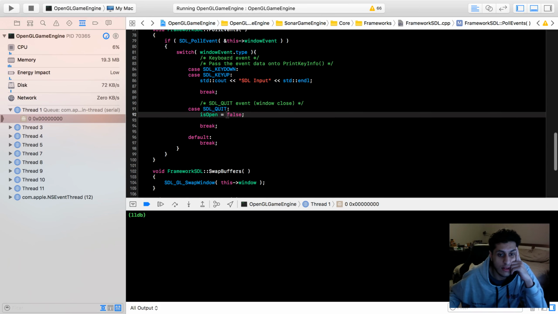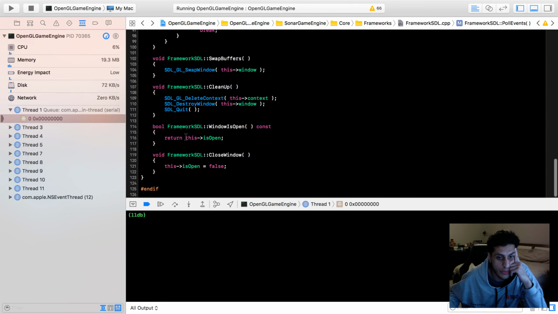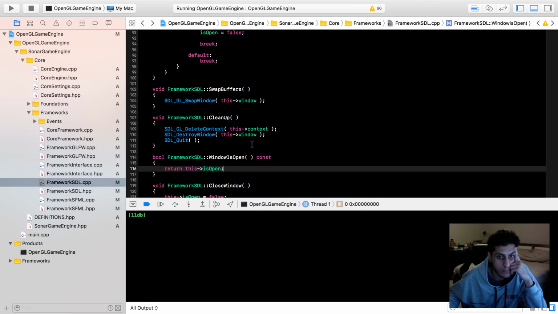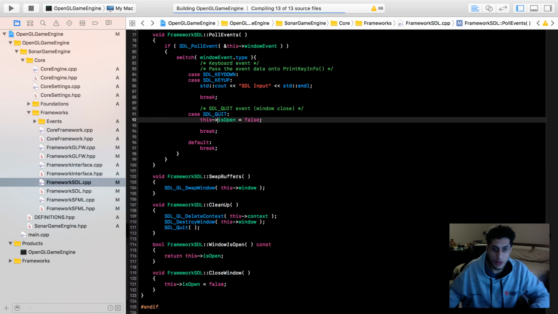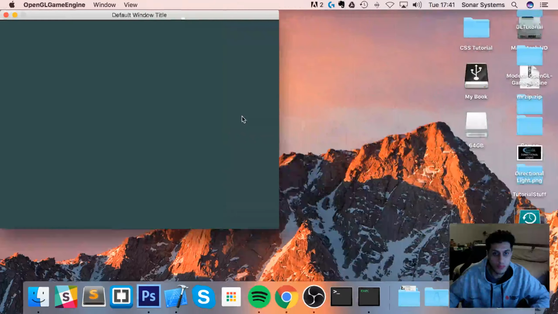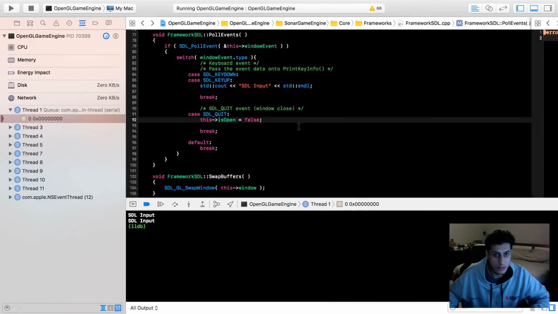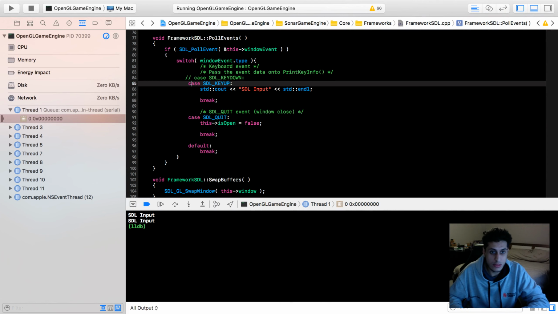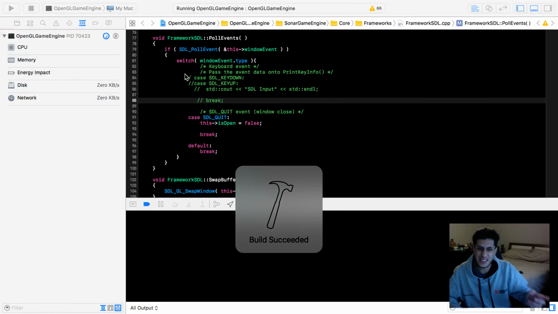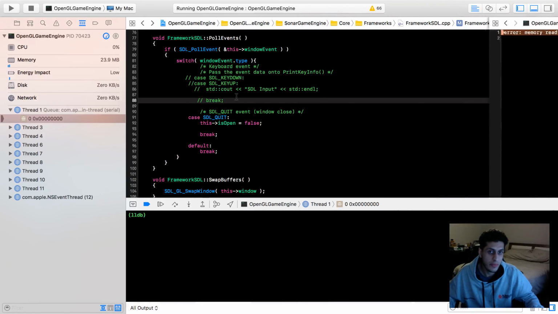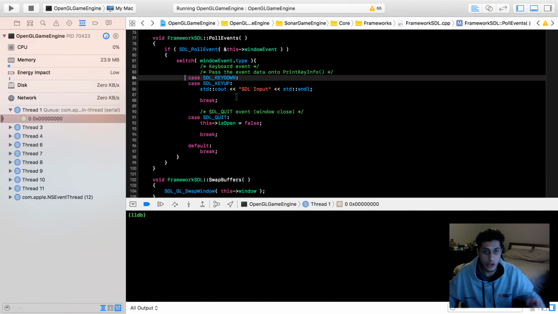Something about it doesn't like. So if I set is open to false, and if we're returning is open, we're closing window, it won't be anything to do with this, but I do want to put that there anyway. Or I'm actually going to, no, it won't be anything to do with this either, because at the end of the day it didn't work with the old if statement. I'm pretty sure I tested it, but even if I did, code changes have occurred. So let's